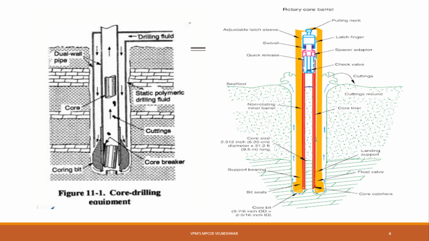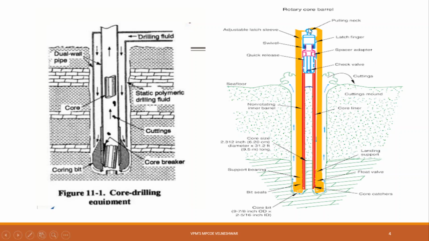Okay, see here, this is the ground, and the hole is advanced by using the core bit. It rotates here, and cuts the core in the soil. This is your core, which is cut from its bottom and collected on the ground by the core lifter. So there is an arrangement to collect this core.